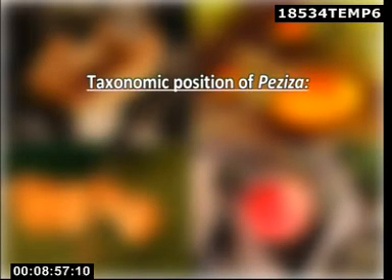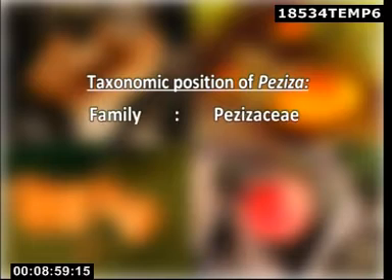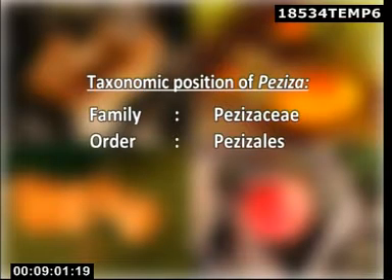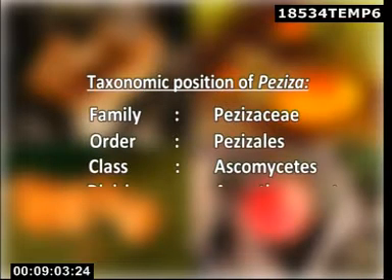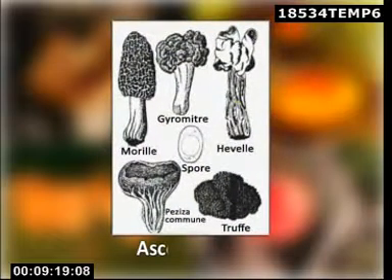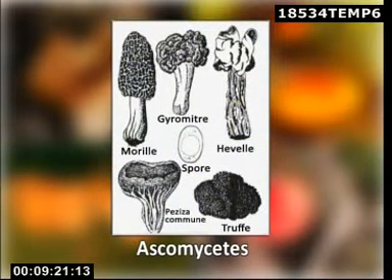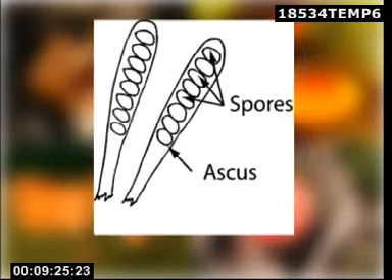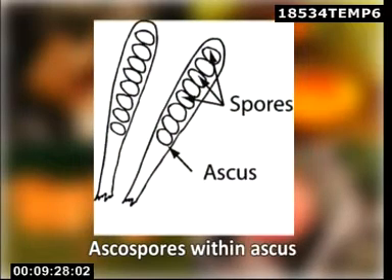Peziza, with over 100 species, belongs to family Pezizaceae, order Pezizales, class Ascomycetes, and division Eumycota. Division Eumycota is characterized by having absorptive type of nutrition and absence of motile spores in its member species. Dear students, fungi in class Ascomycetes have septate hyphae and bear specialized spores called ascospores, produced endogenously in specialized